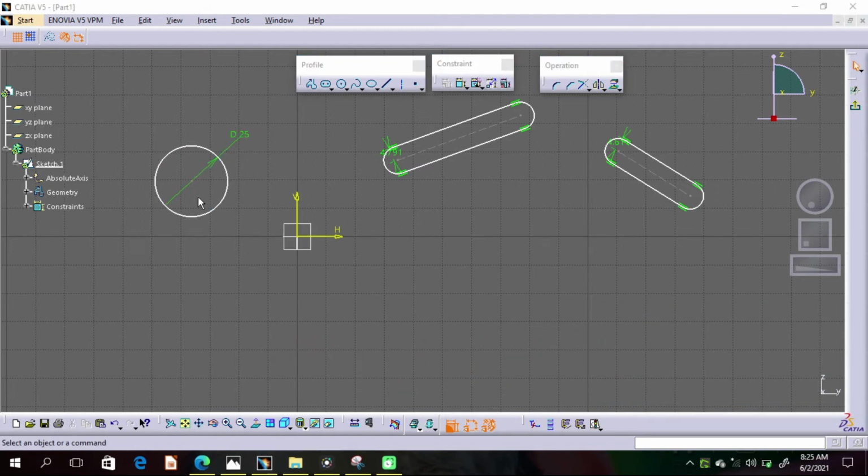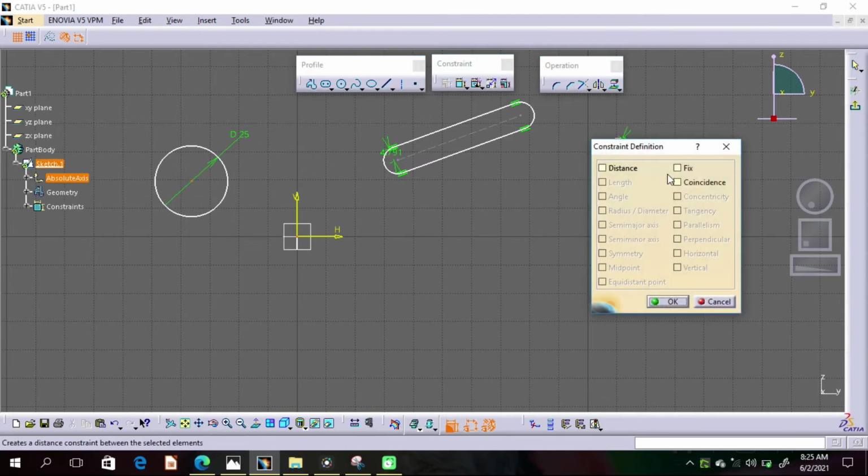To create that animation, first of all, just fix the position of this circle at the center of this origin. Select the origin point, hold down the Ctrl key and select the circle center point and make them coincident.